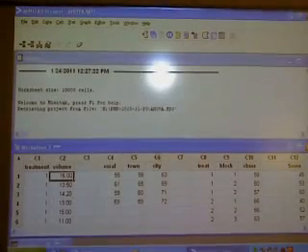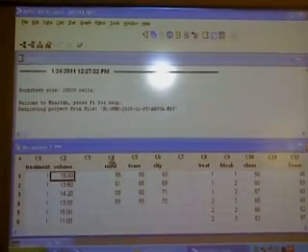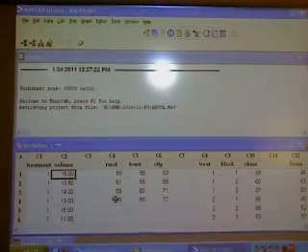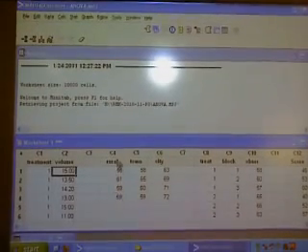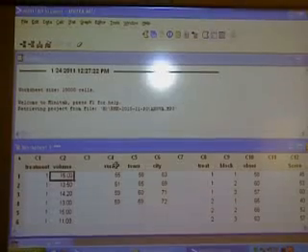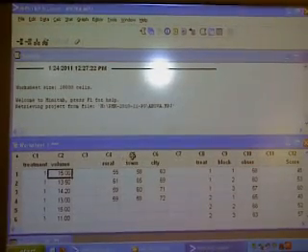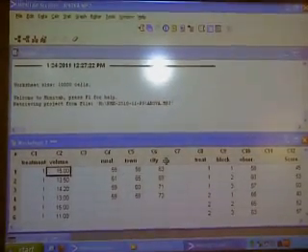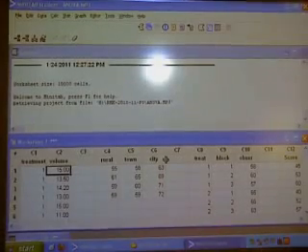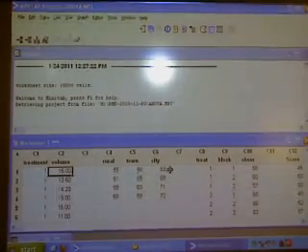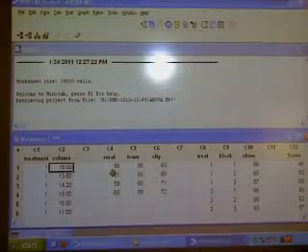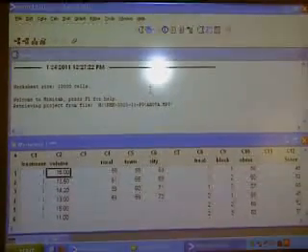Similarly, you see this is also one-way classification data. Suppose you consider some students' scores. Students belonging to rural, their scores. Students belonging to town, their scores. Students belonging to city, their scores. Is there any significant difference among these three regions? Similarly, is there any significant difference among these three outlets? 1, 2, 3. Okay.